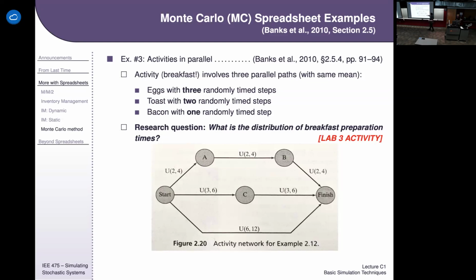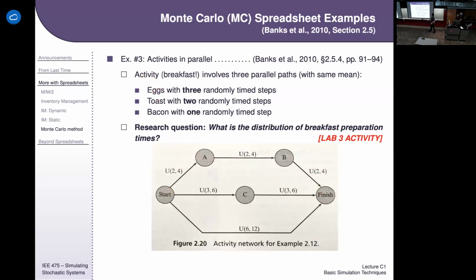So basically it's going to take a certain amount of time to go the top path, the middle path, and the bottom path. Sometimes the top path will take the longest. Sometimes the bottom path will take the longest. Sometimes the middle path will take the longest. Whichever path takes the longest is going to determine how long it takes in that iteration for the activity to finish. So, in this example, we say, what if the top path is,